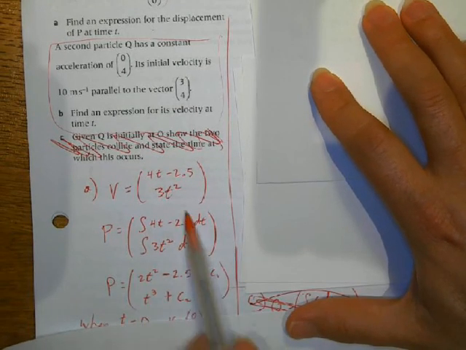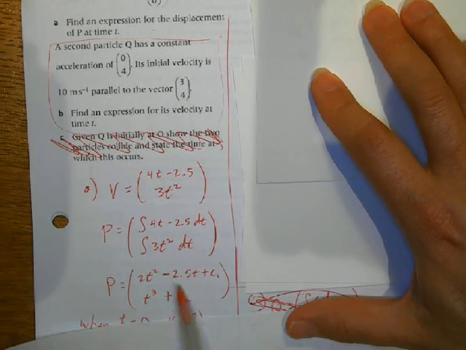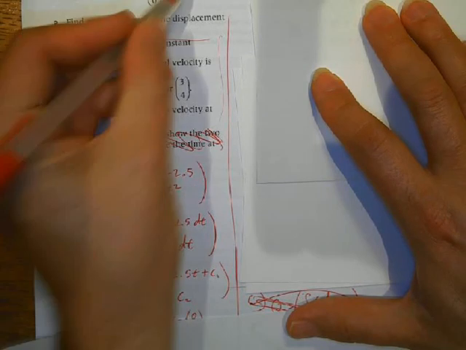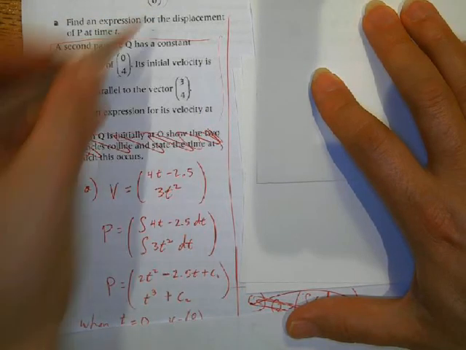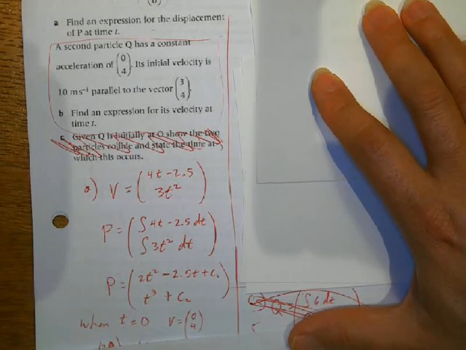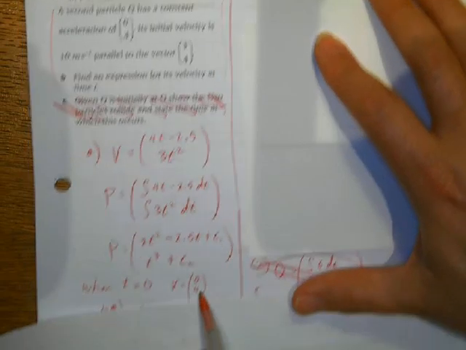The antiderivative of negative 2.5 is negative 2.5t, and then plus c subscript 1. The antiderivative of 3t squared is going to give me t cubed, and then plus c subscript 2. And then we know when time equals 0 that the velocity is going to be this. So I can say that